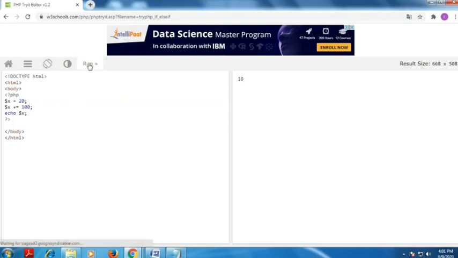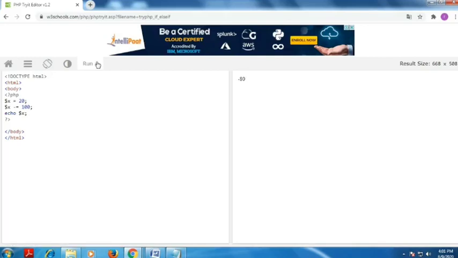You see how you have to run this program. This is the value we get, 120. x equal to x, the old value is already 20. 20 plus 100 equal to 120. The same way you have to use for minus. Here, this gives minus 80, that is 20 minus 100. That is the meaning of this.